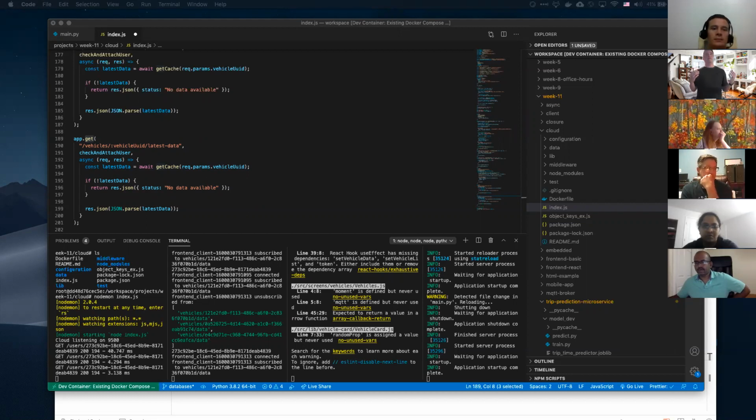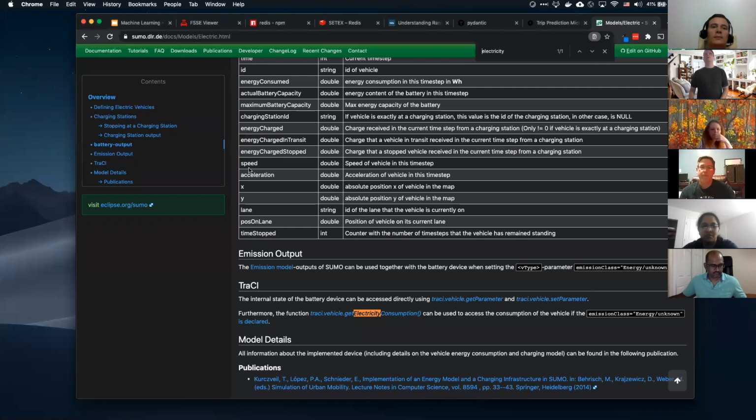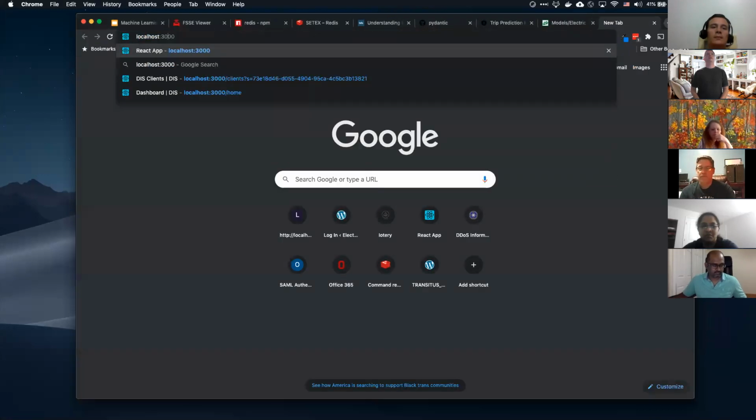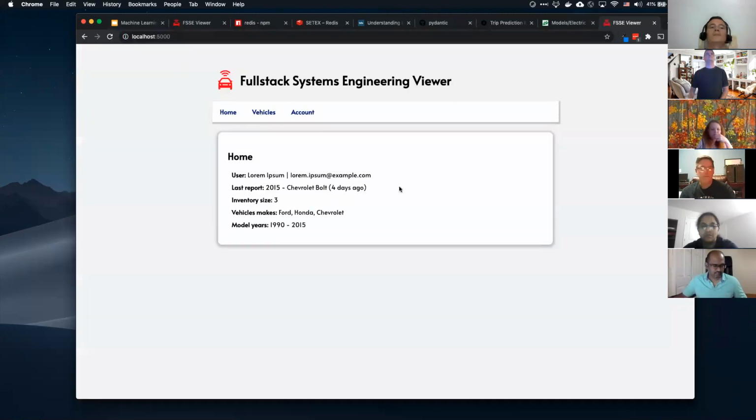So on the client side, what does the client need with the prediction? We could do a lot of different things. We could predict travel time. We could give estimated travel time, like a Google Maps sort of thing. All those kind of things. Let's just do that. So on our front end, let's bring up our front end here. I think it's 5,000, right? Yeah. I'm already logged in.